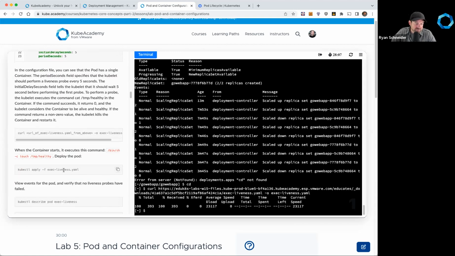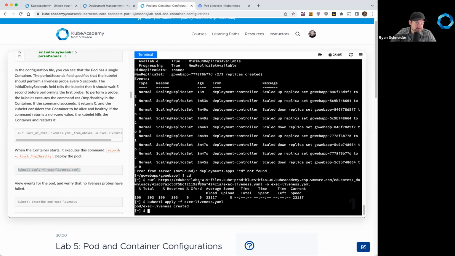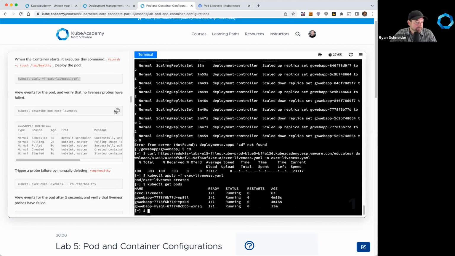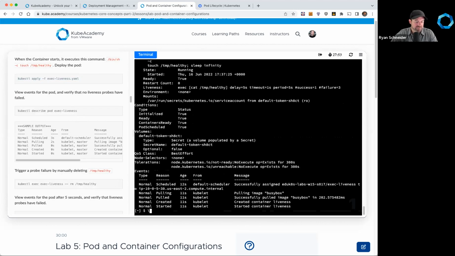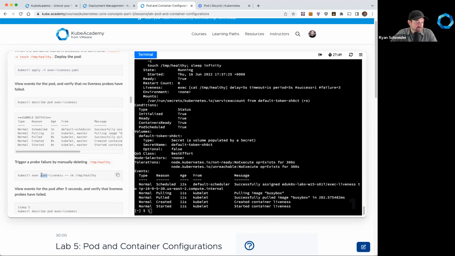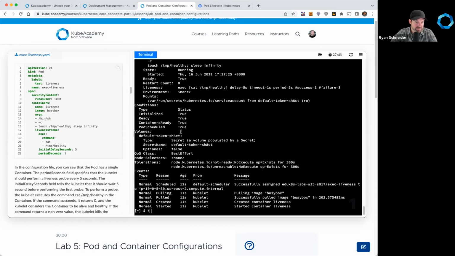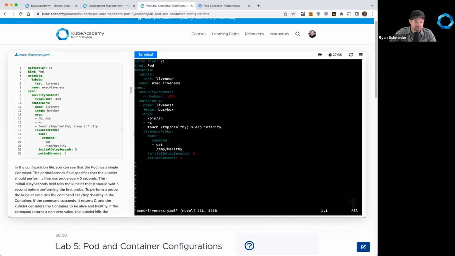So I'm going to go ahead and apply it. And we should see it running here in a second. If we look, there it is. Okay, that's good. Now let's see. So what we're going to see is on this also, when we look at it,